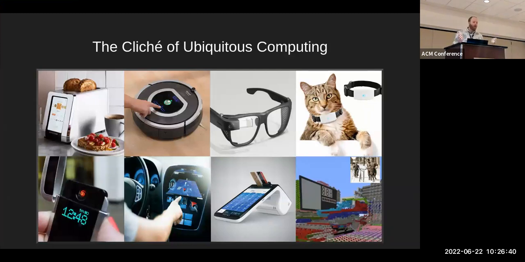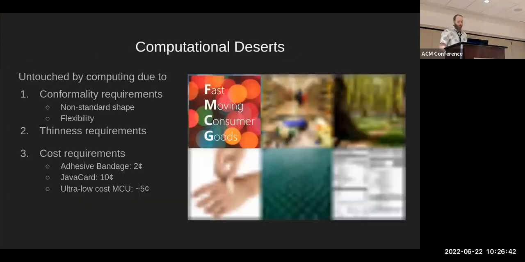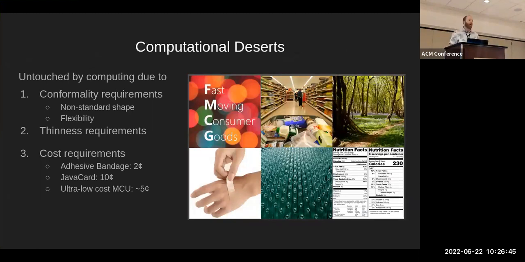You're told multiple times every day that computing is everywhere. But truly, how pervasive are computers? RFID tags are not used to track individual fast-moving consumer goods. Computers have not enabled food packaging, which monitors freshness or checks to see if expiration dates have expired. Bandages and other low-cost disposable biomedical patches have yet to become smart. Our forests and parks are electronically barren. They are not full of sensors monitoring the health of wildlife or looking for invasive species.